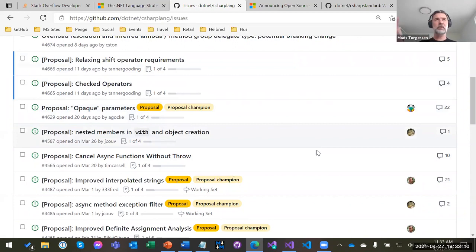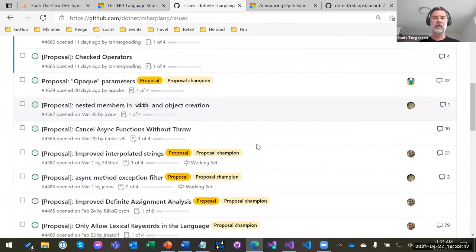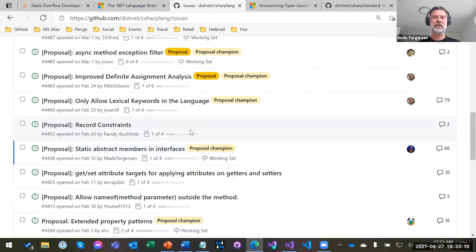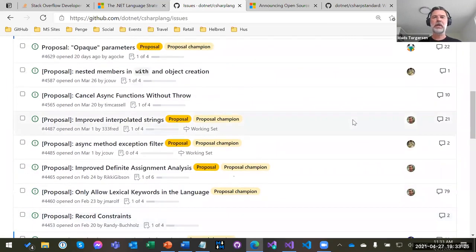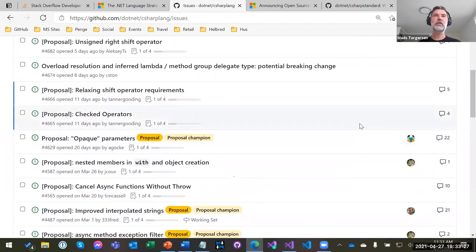These are then fairly structured descriptions of what the feature would do, why we should have it, and so on. You can see the issue numbers here. There's a lot being proposed for C# over time. And the way we manage the volume of things being proposed is that there's a language design team, which consists of me and a bunch of other people that are the designers of C#, the group that collectively decides what goes into C#.